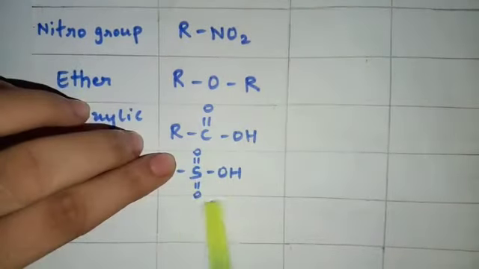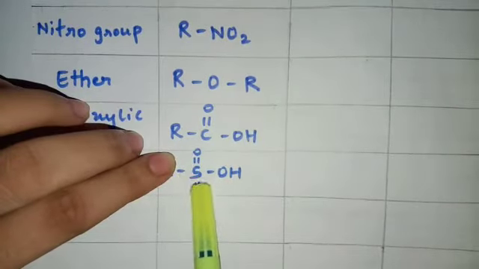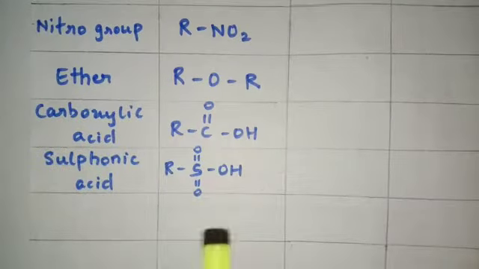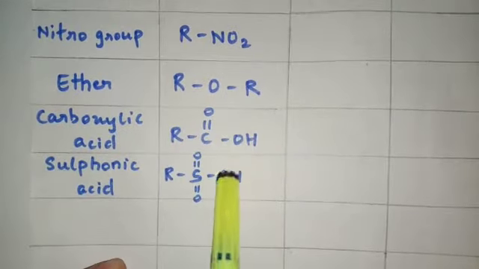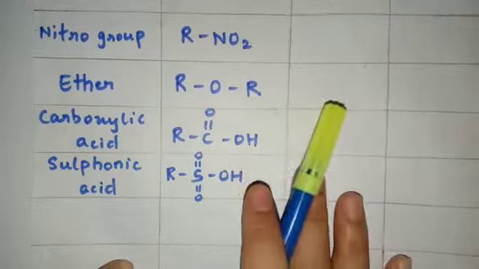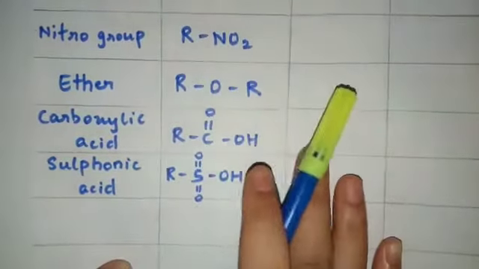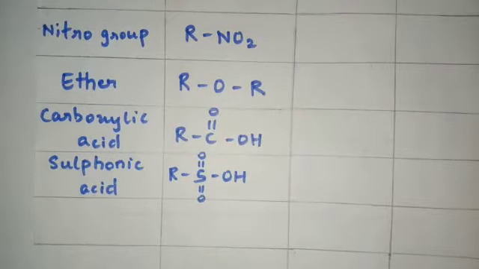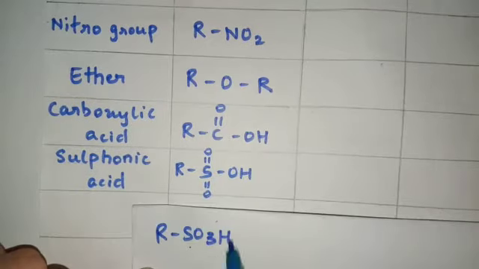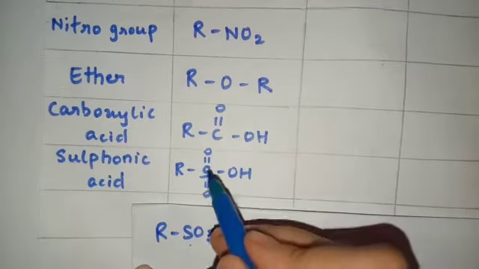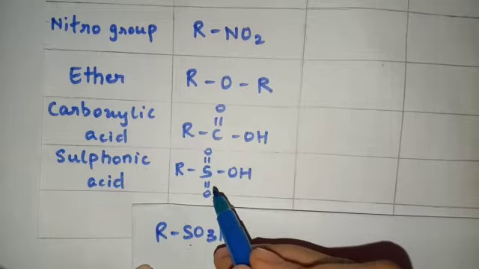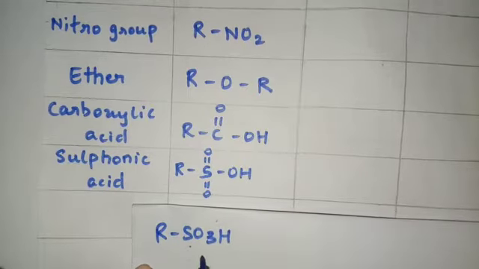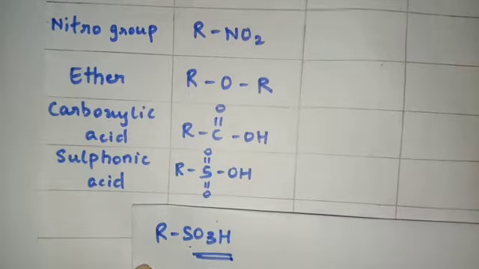This much part is the functional group of sulfonic acid, S double bond O, OH. Students, I don't have much space over here, but you can just write it since you are noting it down in your notebook. You can note one more thing over here. This is the condensed formula for sulfonic acid. You can see there is sulfur, 3 oxygen atoms and hydrogen. So SO3H is the sulfonic acid group.